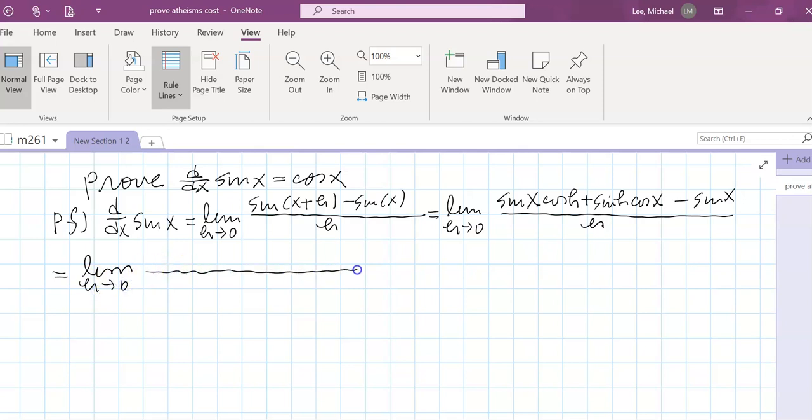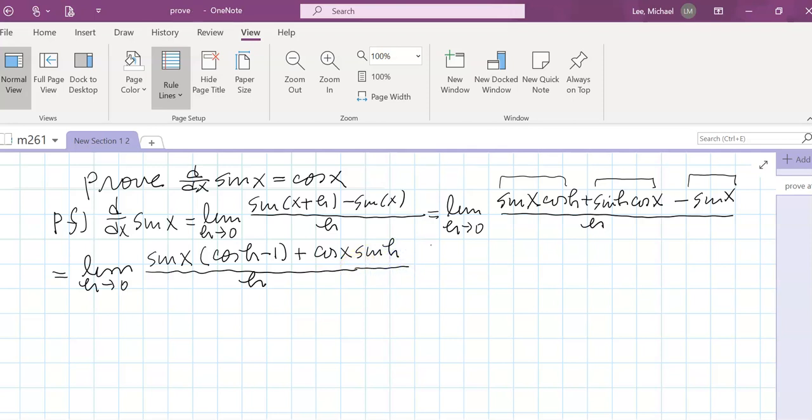Now I'm going to combine this term and that term, factoring out sine of x, and I have cosine of h minus 1. And this other term I'm just going to rearrange: first write cosine of x and sine of h. Nothing has changed. So this is now,